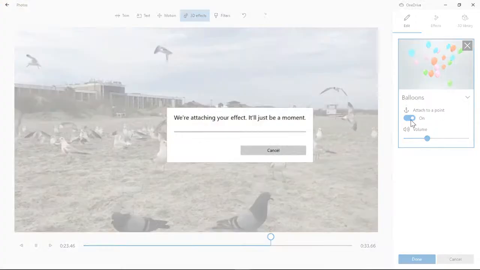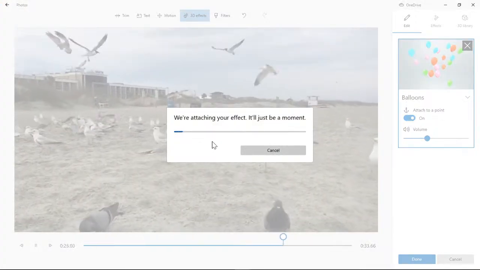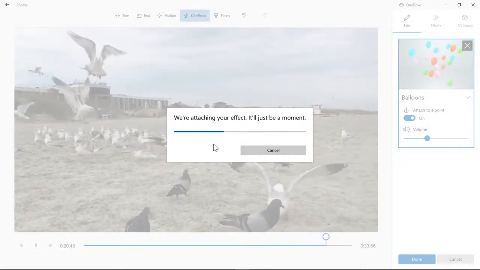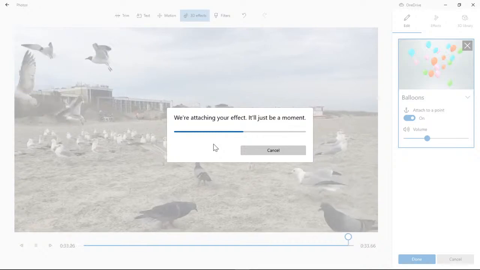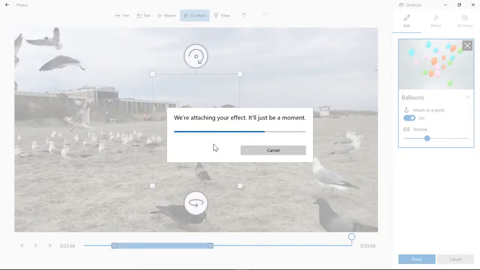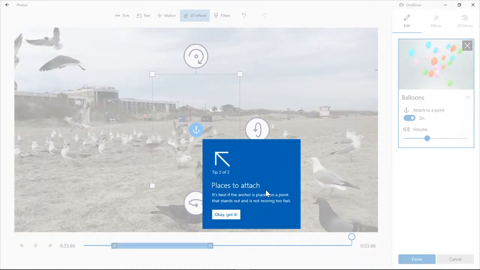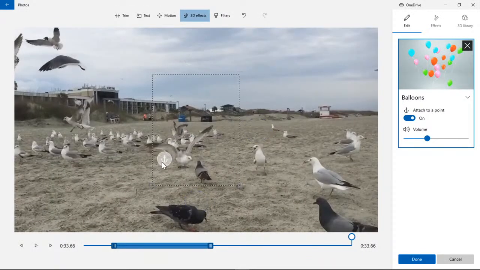Attached to a point. I might have added something new that I didn't know about. Let's see. Drag the anchor to a point and your effect will follow it. You can move your effect and anchor it. Okay, so place to anchor. Best place to anchor is a place on a point that stands out and is not moving too fast. Okay, so if I move